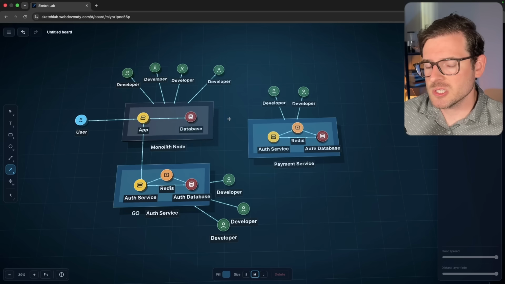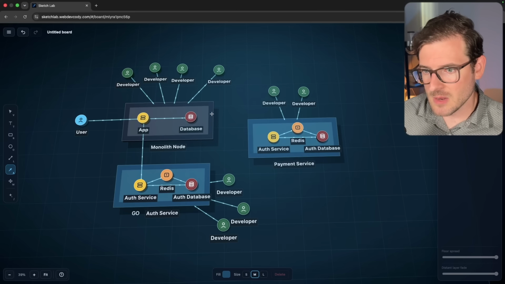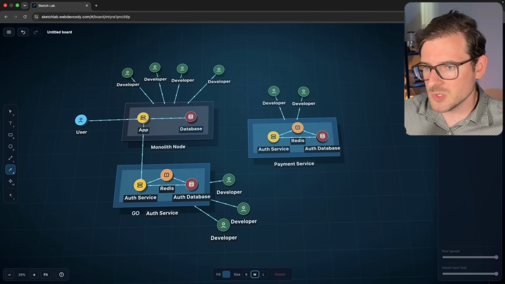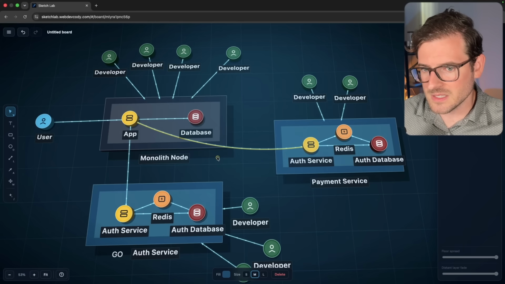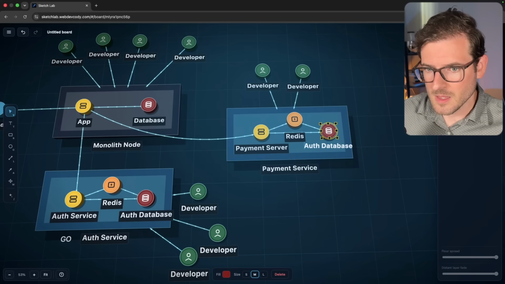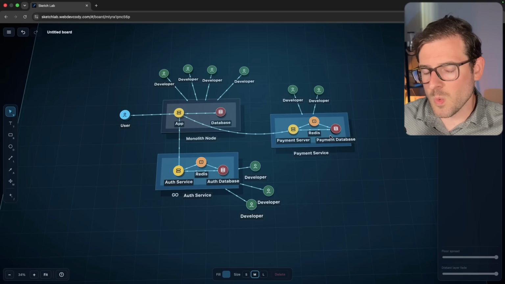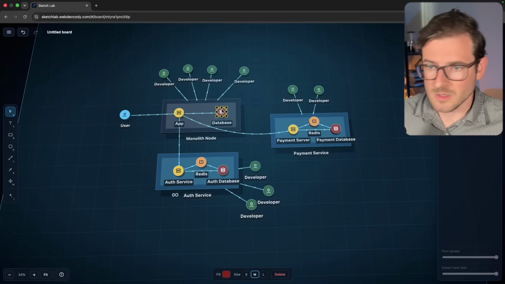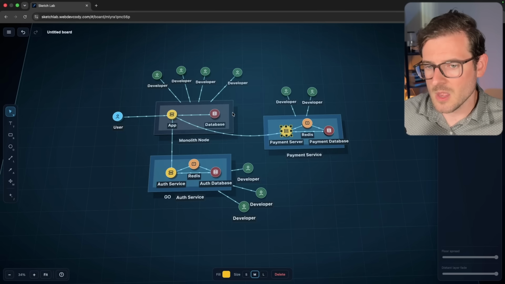Now, as the microservices increase, the complexity in terms of network requests starts to increase as well. So now instead of the application being responsible for sending out the emails for the payments and just writing straight to the database, the app server, the monolithic Node service, needs to contact the payment service. So I'll say payment server, and I'll just say payment database. Okay, now from what I read, at least I believe, typically the microservices go one-to-one with the database. You don't want all these apps sharing the same database, because when you update the schema, again, if you do a breaking change to your schema, you have to make sure that all these different apps know how to coordinate and deploy with that breaking change.